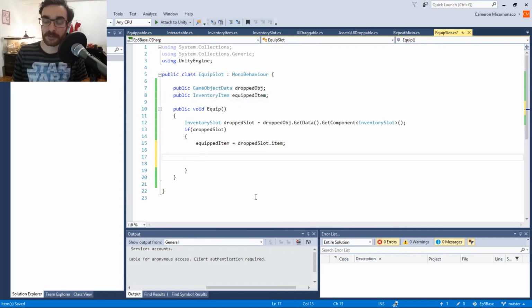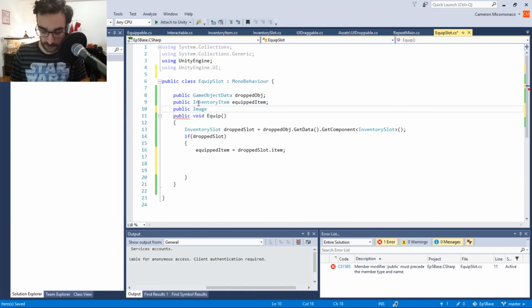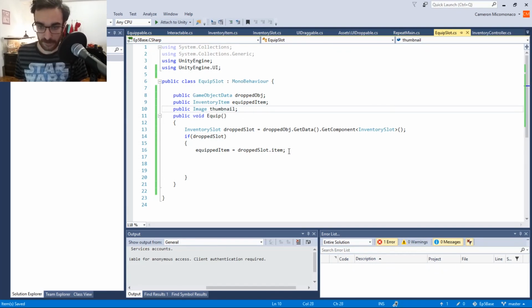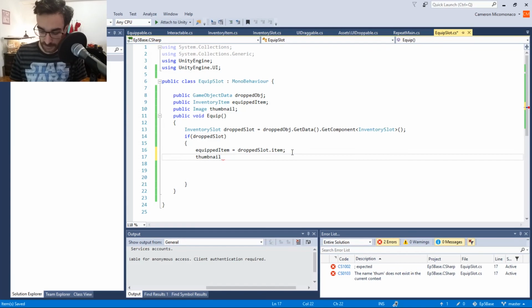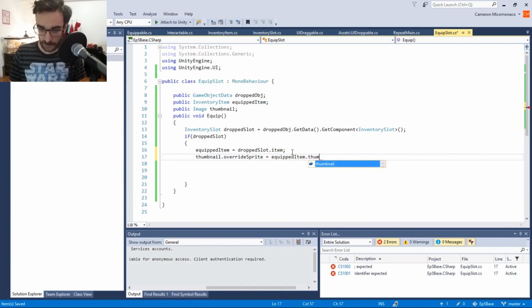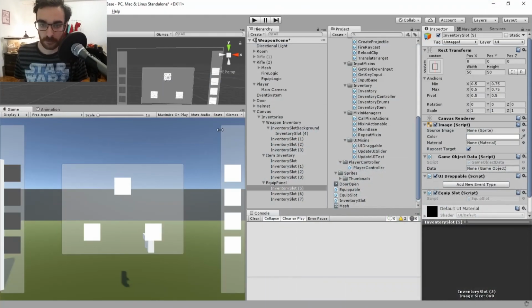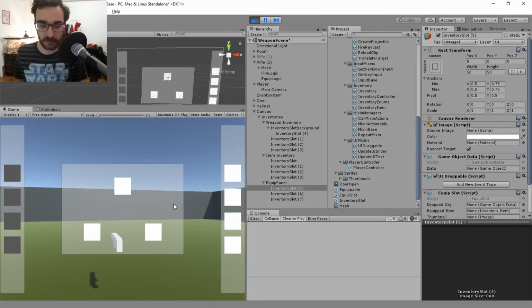And then we're going to set our equipped slot's thumbnail. To do that, we need another public reference here to our thumbnail. So we'll do a public Image, and we need that namespace for UI. We'll call this thumbnail. And then this will work very much the same. So then we can say thumbnail.overrideSprite is equal to equippedItem.thumbnail. So now if I play this,